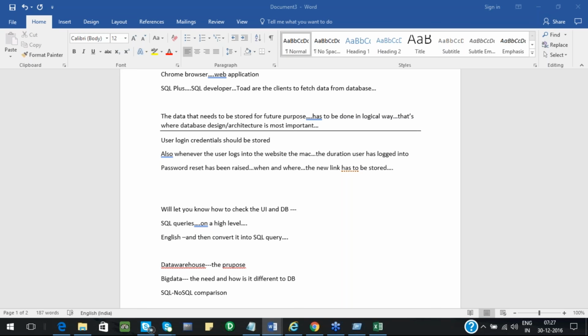Nupur is asking, can a foreign key be duplicate? Yes, we can have a duplicate value.